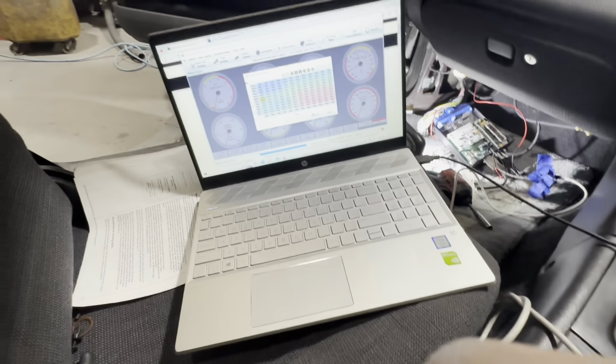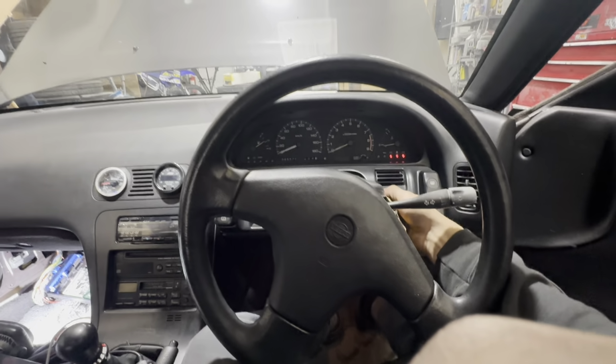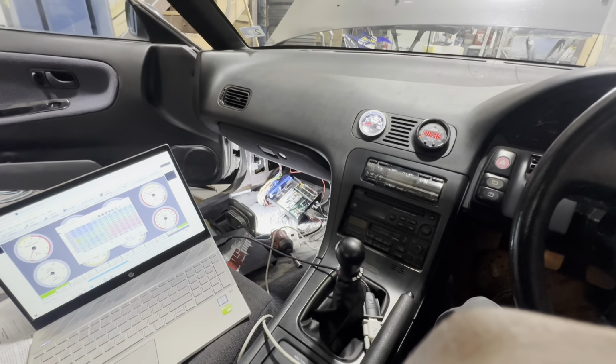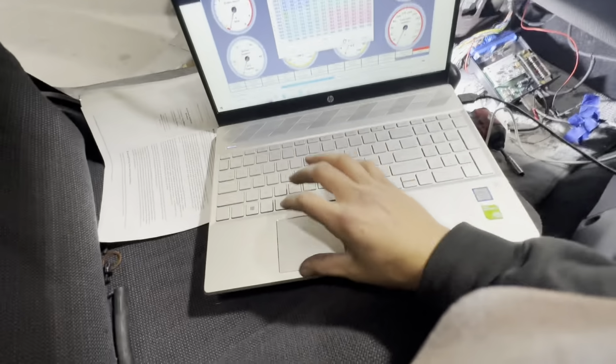All right, so we adjusted the cam angle sensor a little bit. Still not really sure what I'm doing, but let's see. Okay, so that ain't super right, but